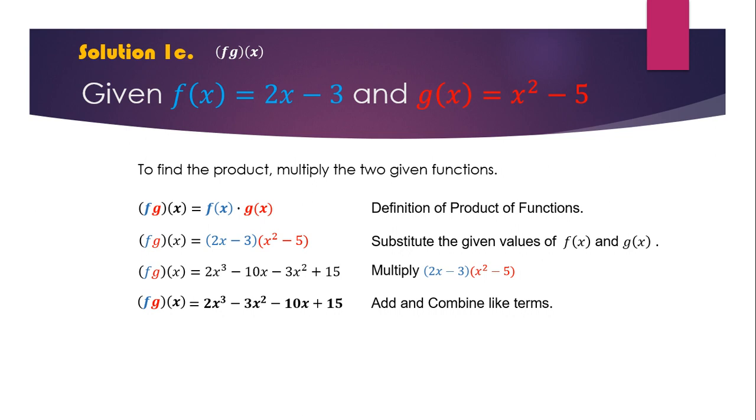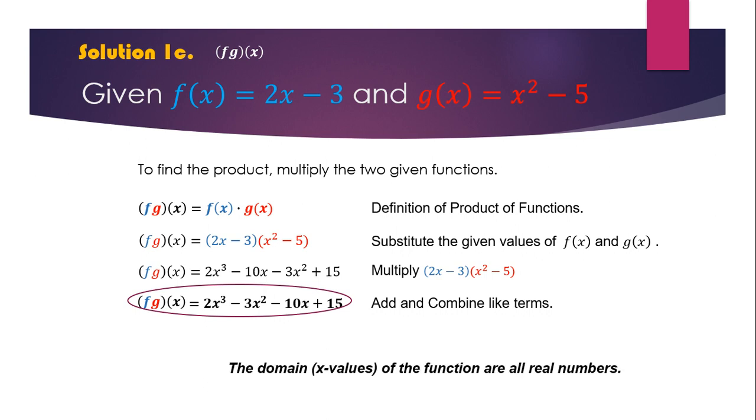So it will become 2x cubed minus 3x squared minus 10x plus 15. So that is the final answer for the product of the two functions. The domain, or the x values of the functions, are all real numbers. And for the last